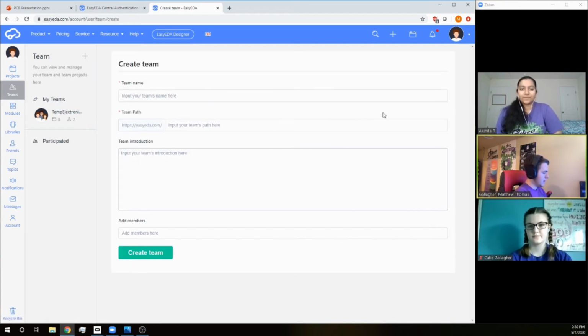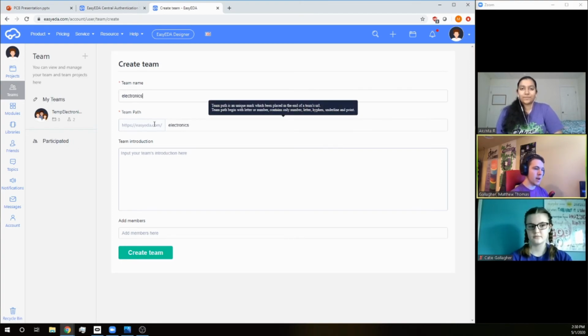You can type in your team name, and this team path will be automatically generated based on the team name. You don't have to worry about that. And finally, you can add a team introduction, which is non-mandatory, just a little description of what